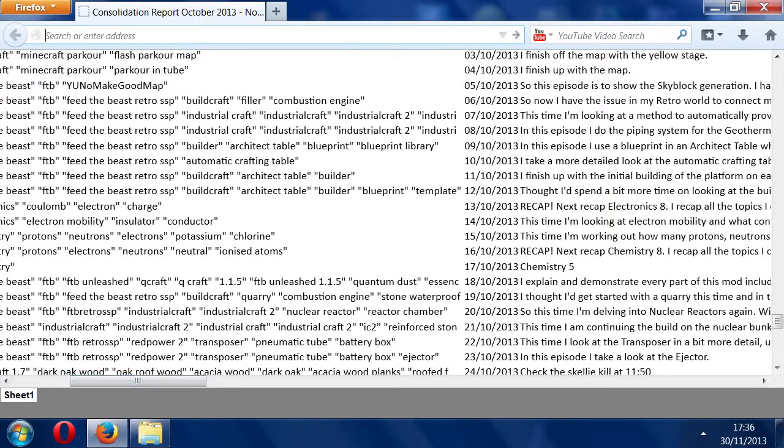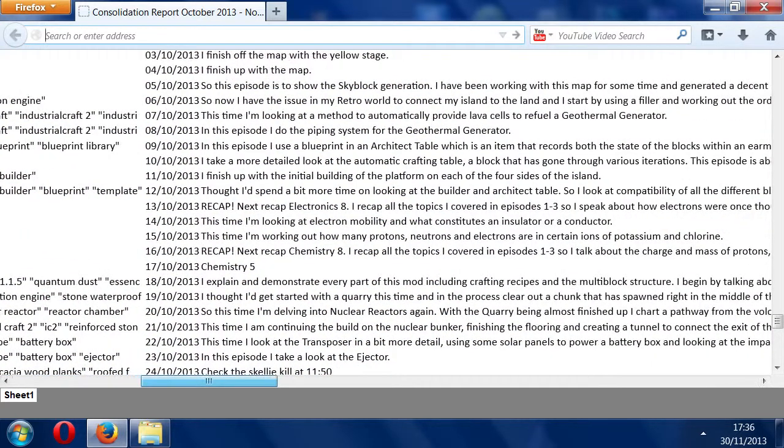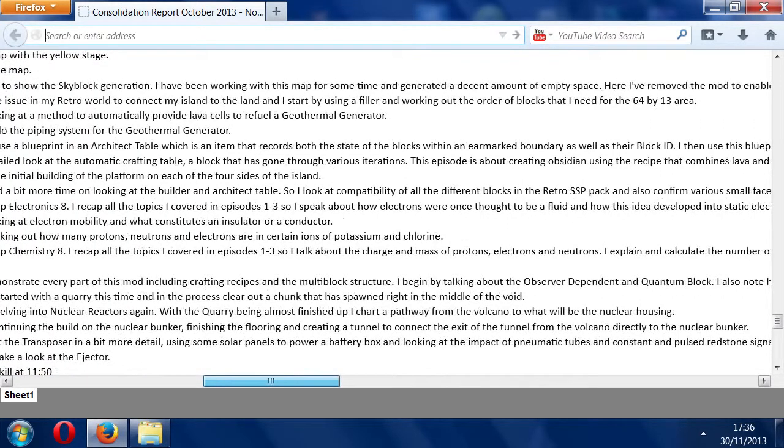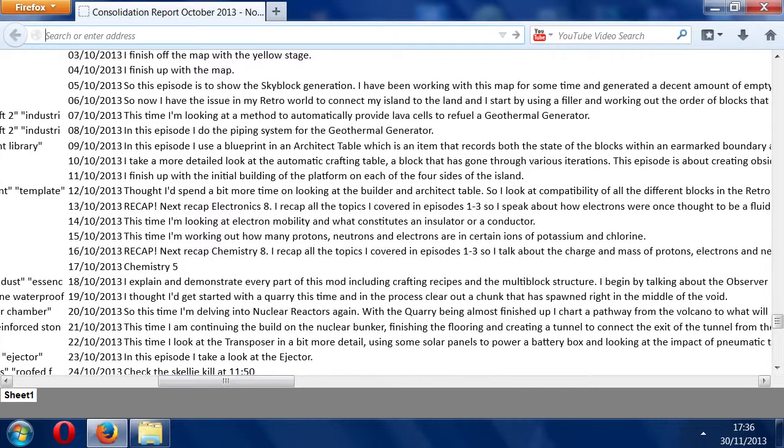Basically I did the quarry slightly wrong, and I didn't actually clear out the walls. So I decided to turn it into a nuclear reactor bunker, and I spent a few days doing that. And then after that, I thought, well, I've been building that for ages, so I didn't really want to keep building it. And I also